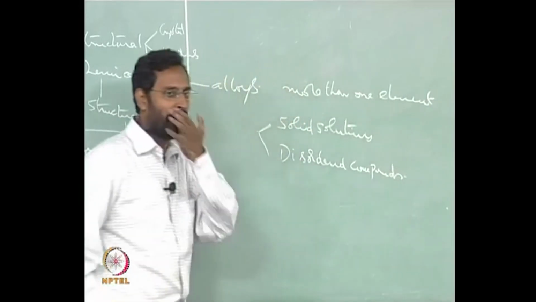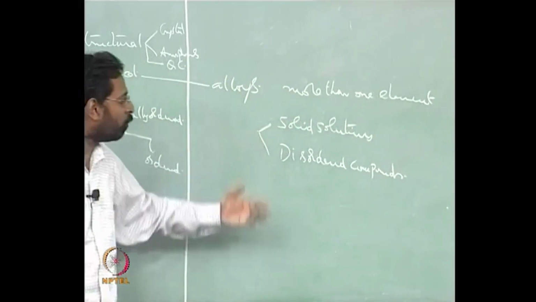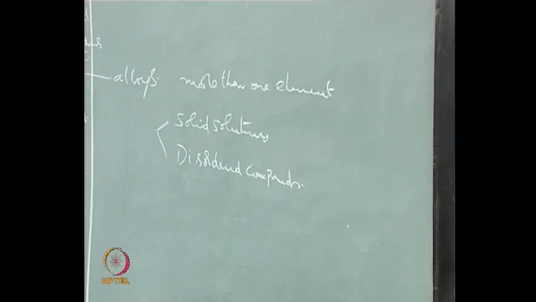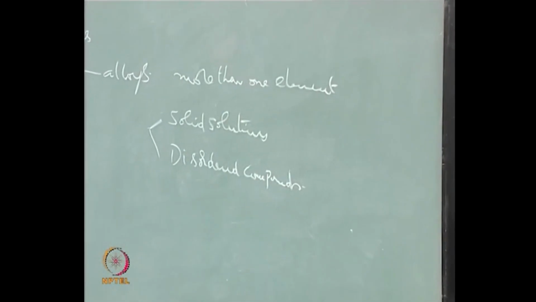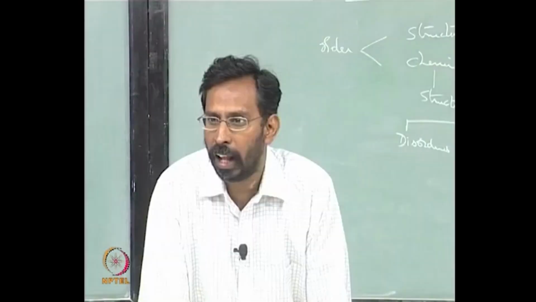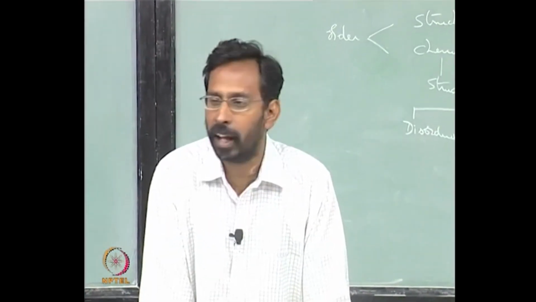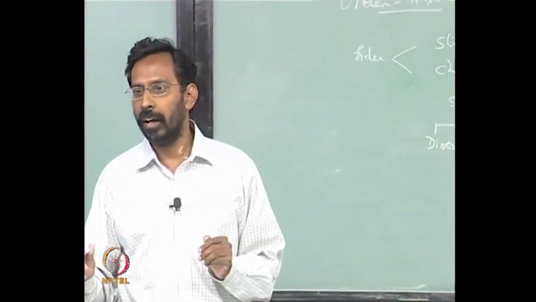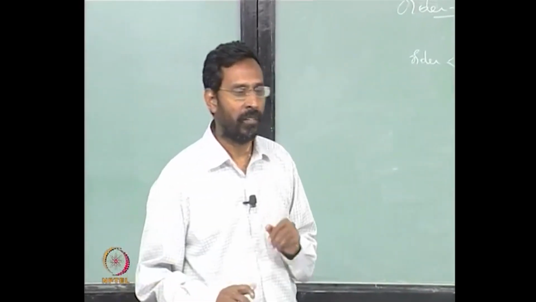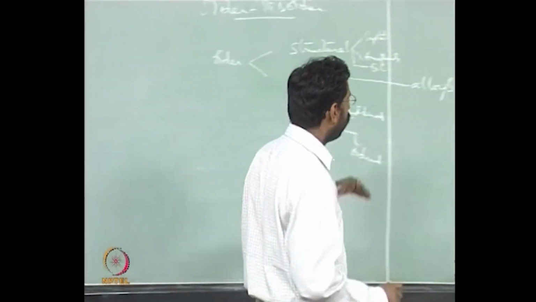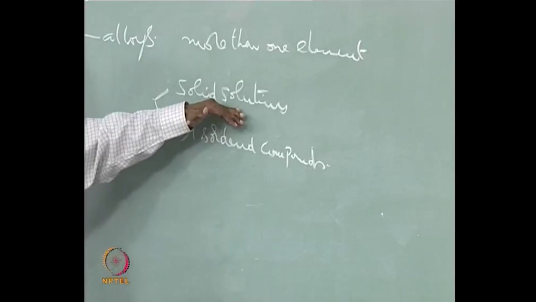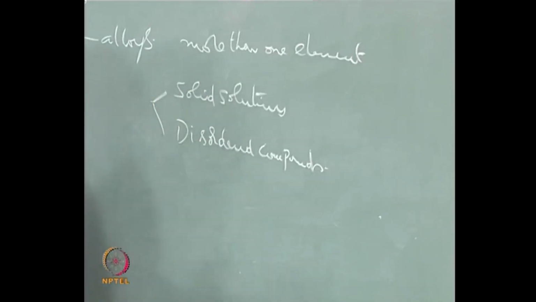In fact, it is very difficult to differentiate between a solid solution and a disordered compound. Both of them will have the two elements, if it is a binary alloy, randomly present inside the crystal structure, whatever the crystal structure may be. So, a disordered compound is usually referred to as a solid solution, but accepting that, for example, if I am talking of nickel aluminum alloys,